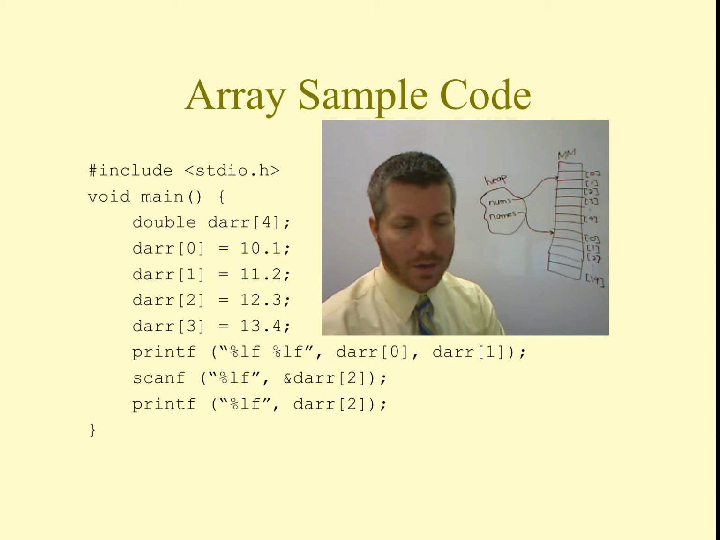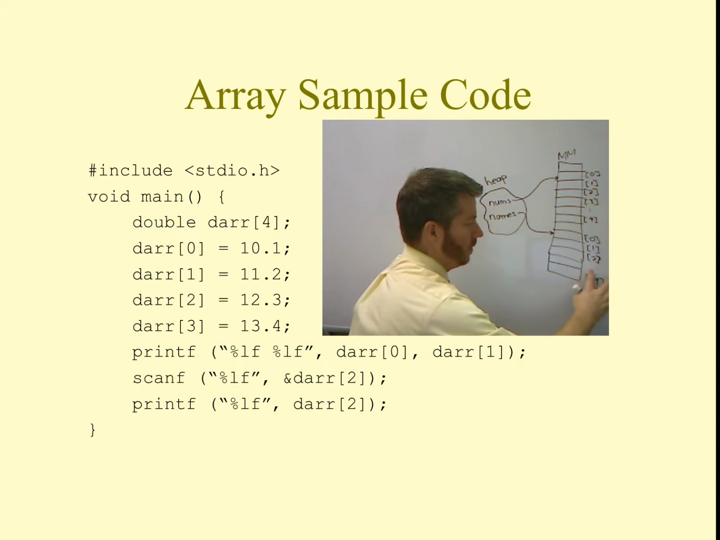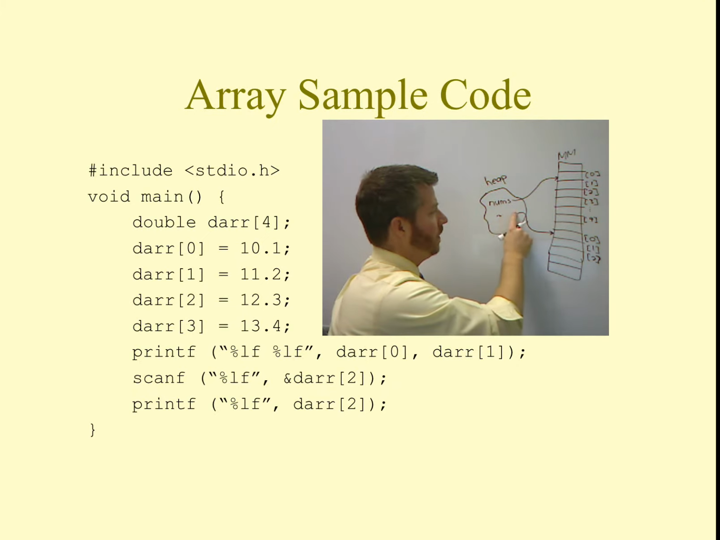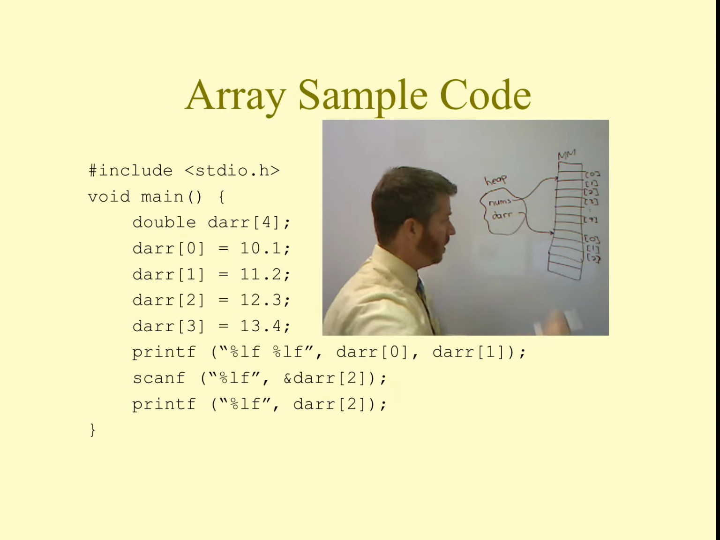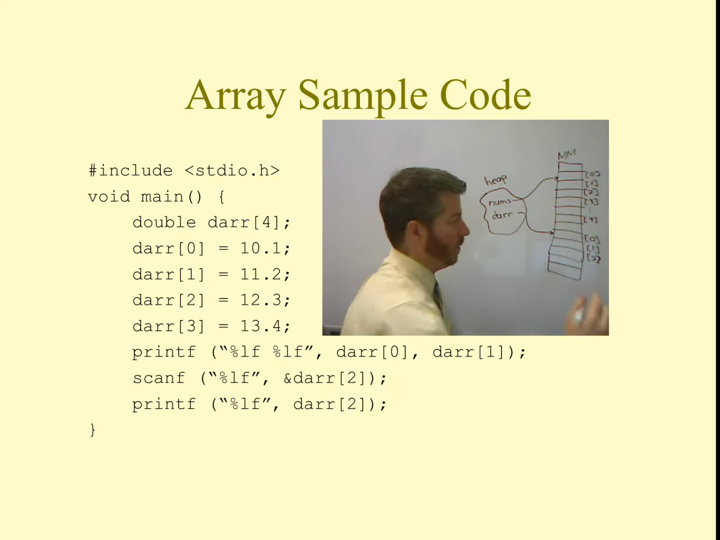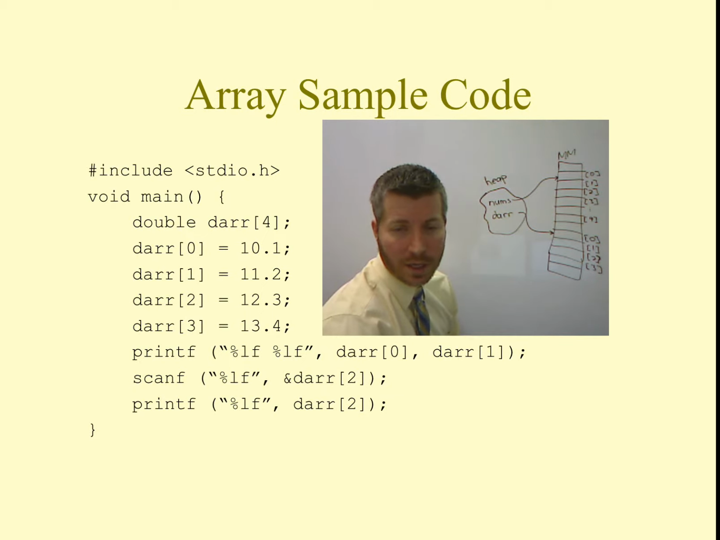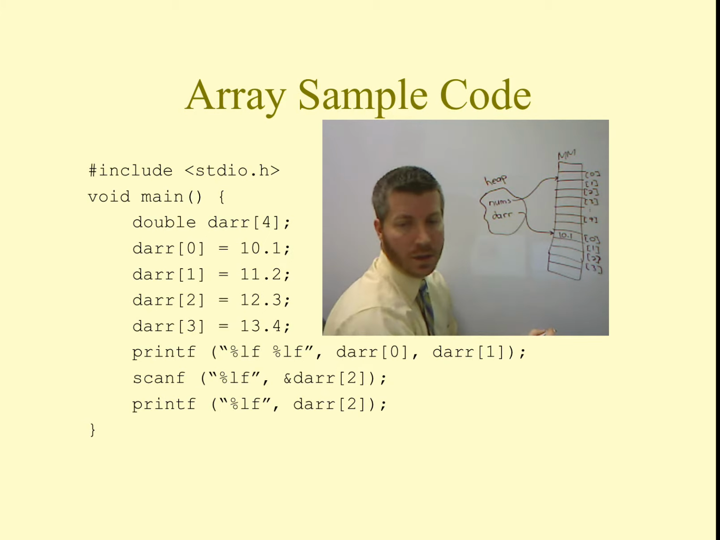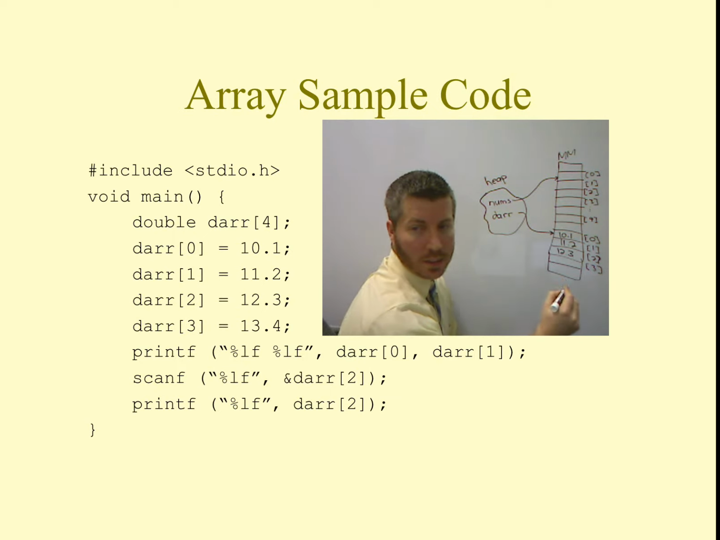Okay, so let's go back here to our main memory again, and let me change a couple things. First of all, let's change the name of this variable here from names, and we're going to say that this is our dar variable, and we have elements from 0 through 3 pointing at that location. We start off and say dar sub 0 gets 10.1, dar sub 1 is 11.2, dar sub 2 is 12.3, and dar sub 3 is